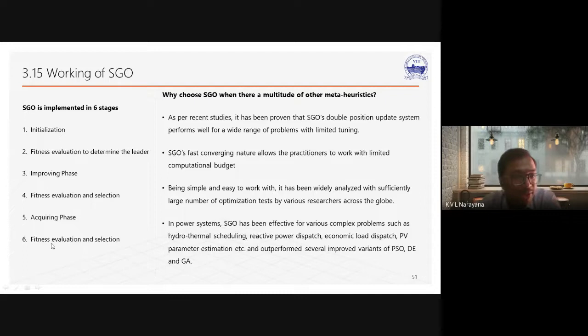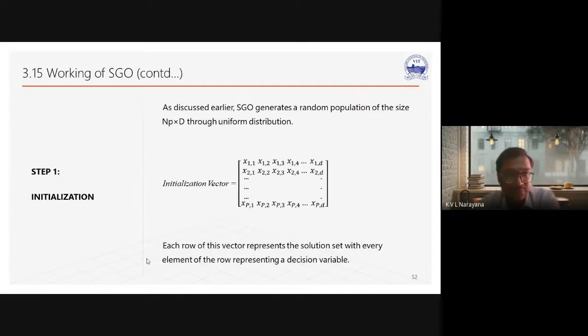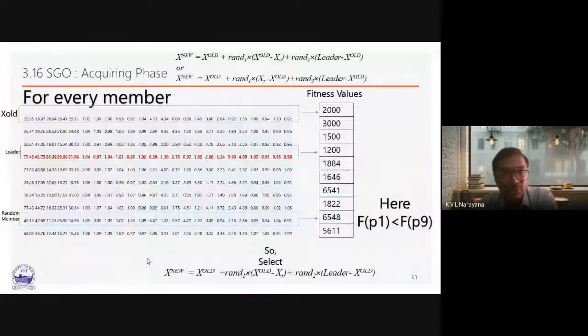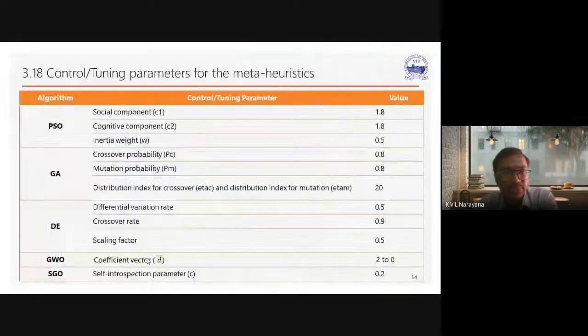Finally, we will calculate the fitness. So the fitness evaluations are more in the SGO. Finally, whatever fitness values we calculated, based on that, the solution is selected. So in this way, the SGO works. So this is about SGO and the comparison of all the algorithms with respect to the tuning parameters they